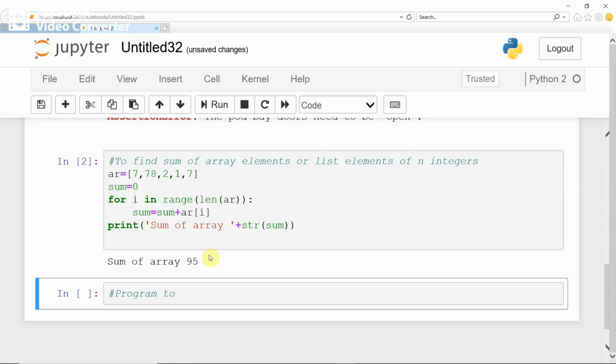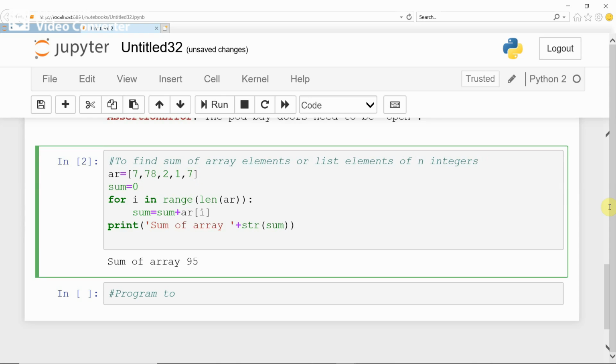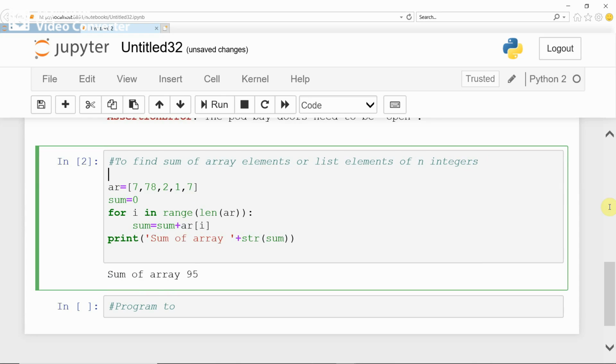Now if you are going to find the sum of elements of n integers, n needs to be inputted from the keyboard. When you are going to input n from the keyboard, you can display one message. You can store n equal to input, in brackets, enter number of elements.